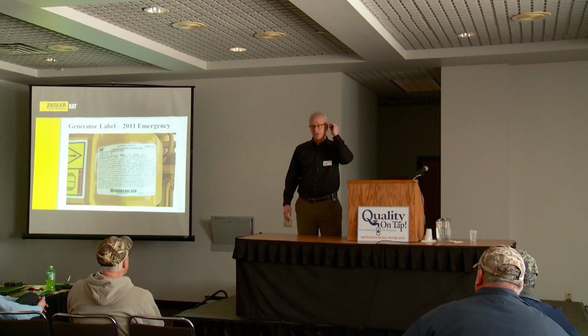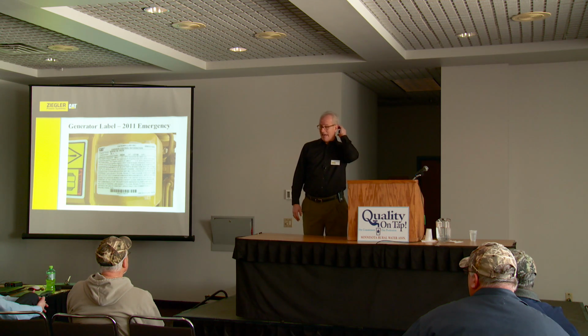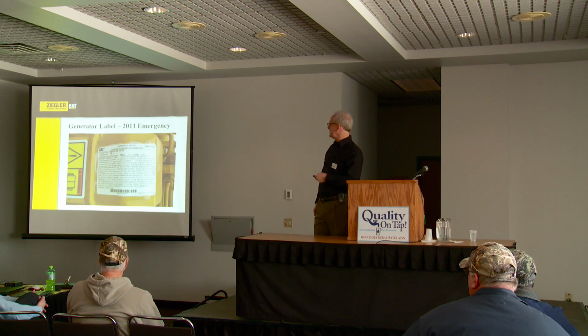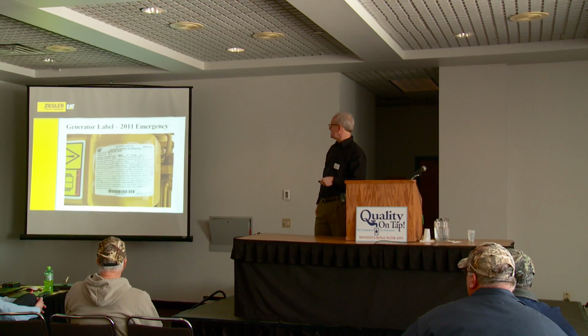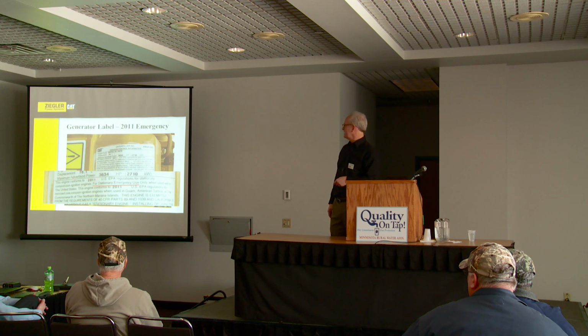I said I would show you a little bit about labels. So I've got a couple of pictures of 2011 engine labels from Caterpillar engines. If you look at this label, you can't quite see, so I blow it up one notch further. I'm really just taking this piece right here and blowing it up so you can see it. Hopefully many of you can see it. But anyway, it says the power is